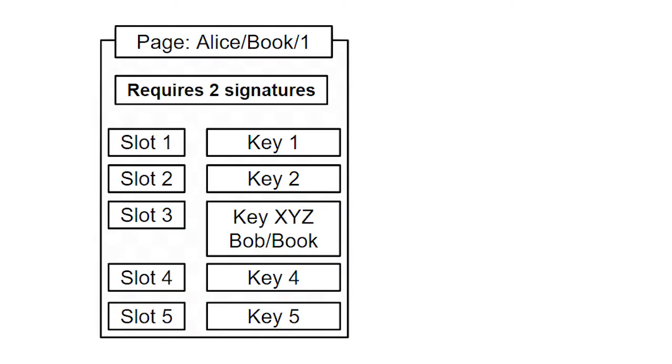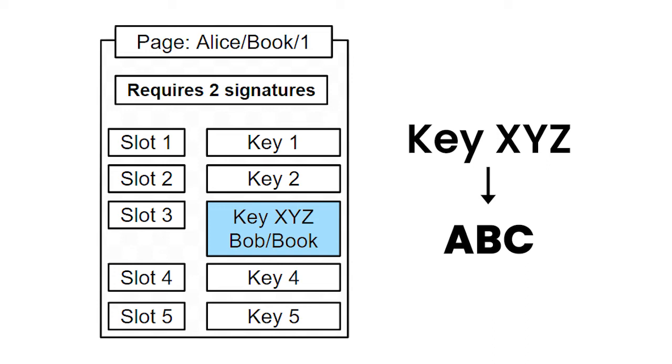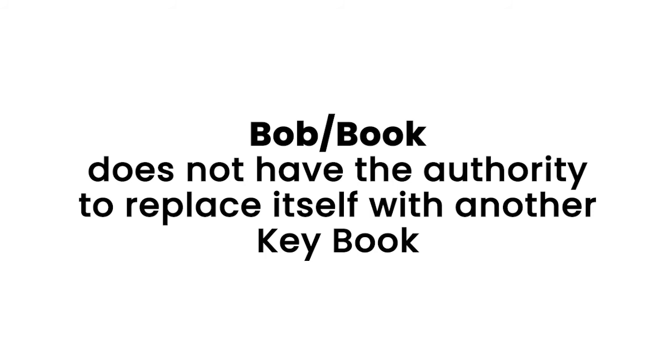However, Bob can modify slot 3 of Alice/book/1 using either key XYZ or Bob/book. Bob/book is also able to replace key XYZ with some other key ABC, but key XYZ cannot modify the owner of slot 3. In other words, Bob/book does not have the authority to replace itself with another keybook. That makes transactions safer for Alice because if Bob had some legal authority in the real world, for example, if Bob was an accredited investor, then you wouldn't want some other keybook lacking that legal authority to be able to